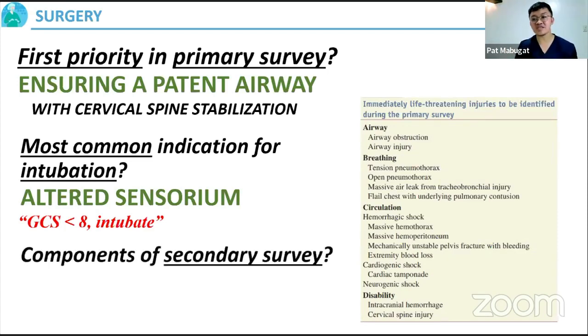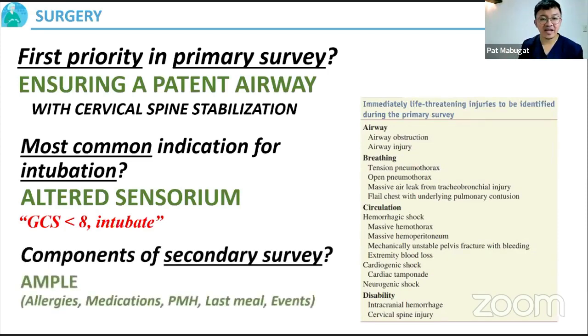What are the components of the secondary survey? We have the AMPLE. So AMPLE stands for allergies, medications, past medical history, last meal, and events surrounding the injury. Okay? Now,